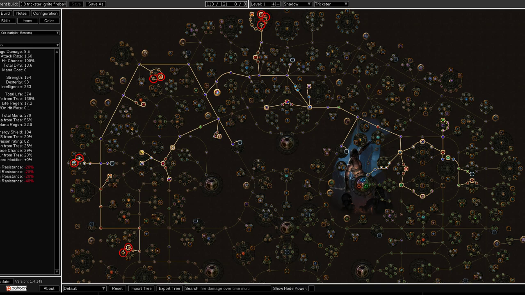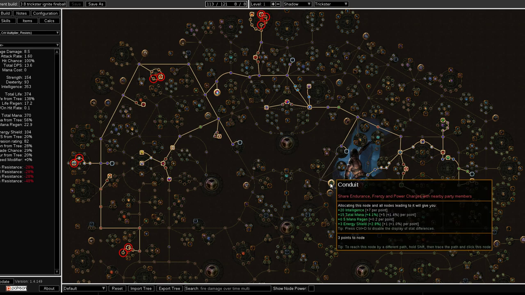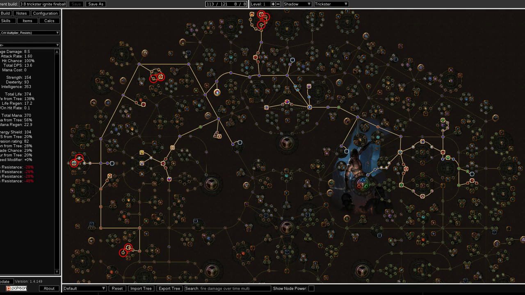I suggest experimenting with both of them, and I suggest experimenting with both casting them manually and also with having them triggered by cast when damage taken. It tends to be an individual player preference as to which one works better, and I'll leave that decision up to you. There's not actually any other really critical skills that you can use, so what I would suggest is that you